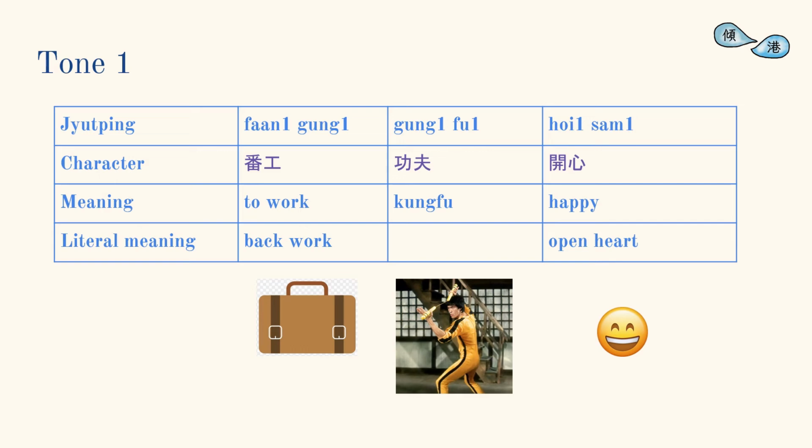Now, let's learn some more words from each tone. The following phrases are composed of two syllables that both are read with tone 1. 返工 Again. 返工 功夫 功夫 開心 開心